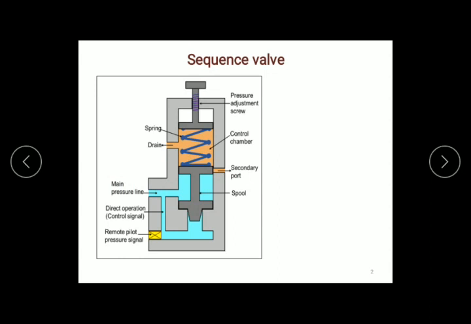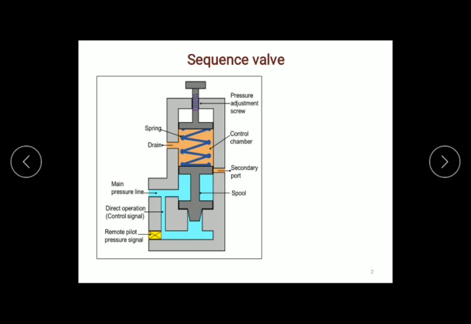For the particular application, we have to set the sequence valve pressure up to a certain limit by using the adjustable screw and the spring arrangement. Initially, the oil is transferred from the pressure line to the pilot line.